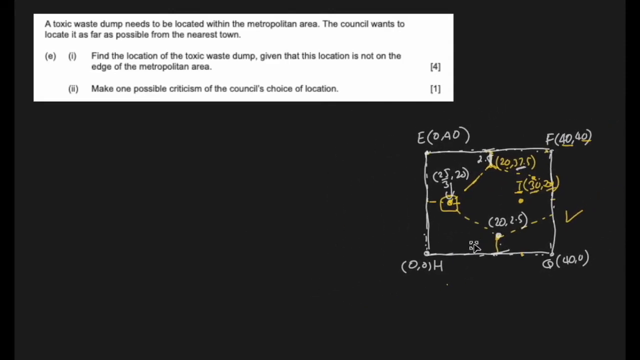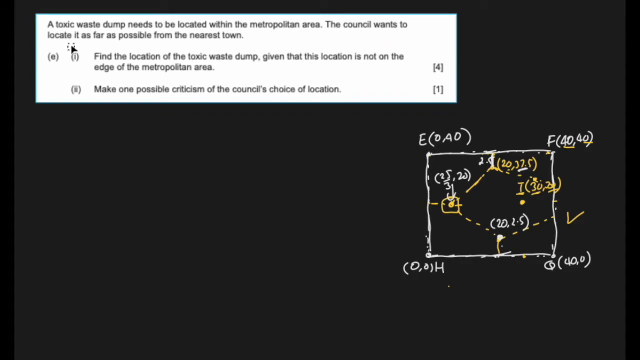needs to be located within this metropolitan area, and that means I need the drawing again. Okay, here it is. The council wants to locate it as far as possible from the nearest town. Find the location of the toxic waste dump, given that this location is not on the edges. It cannot be on the edges. That means it has to be either here, here, or here, and we know the coordinates of all of them. So we have three options: 20, 37.5, or 25 over 3, 20, or the third one, 20,